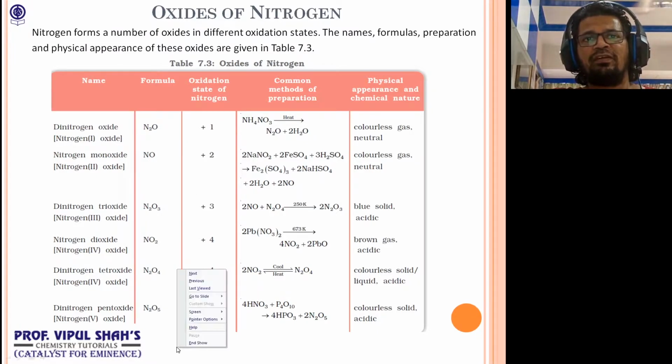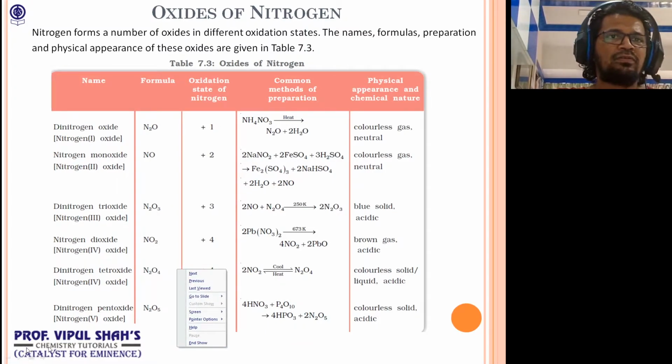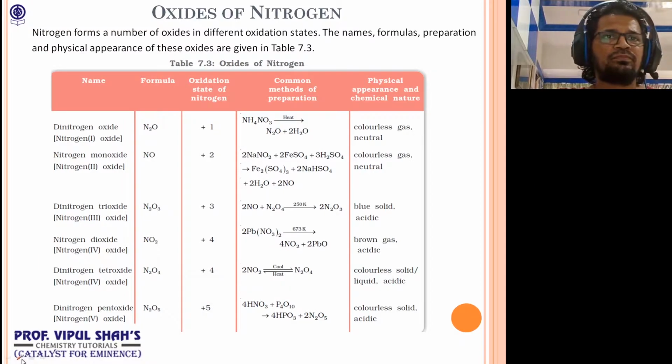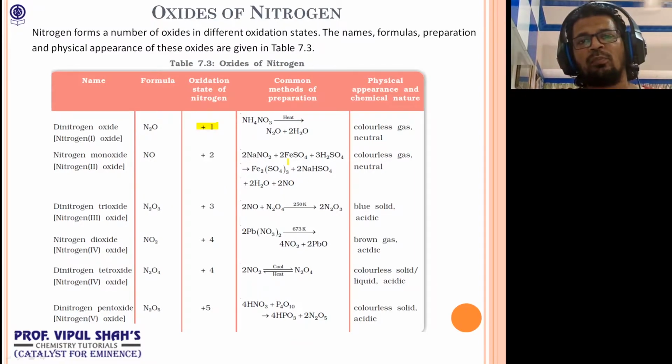First one, we have N2O, where the oxidation state of nitrogen is +1. Now here, how is the method of preparation? That's from ammonium nitrate. Ammonium nitrate was mainly used in firecrackers and all. It's a detonating agent. So ammonium nitrate, when we heat it strongly, we get N2O. That's what we call laughing gas. Is this clear? A gas which generally makes a person laugh.